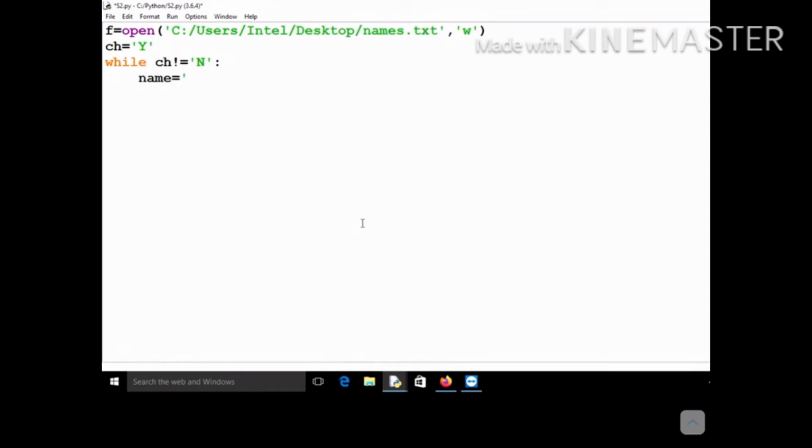So name equal to the input function, and then enter a name.